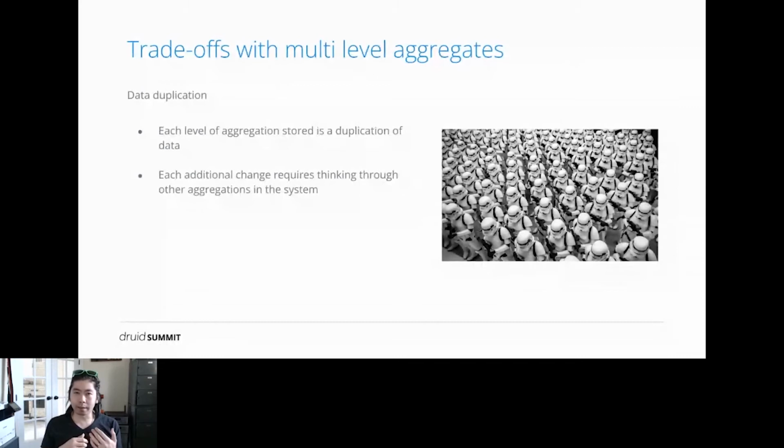We need it at the month level, the quarter level. We're keeping a copy of that. Keeping a copy of that adds to the storage cost. But on top of that, you need to keep in mind which aggregate levels you have copies of, right? So it just adds a little bit of complexity to the system.